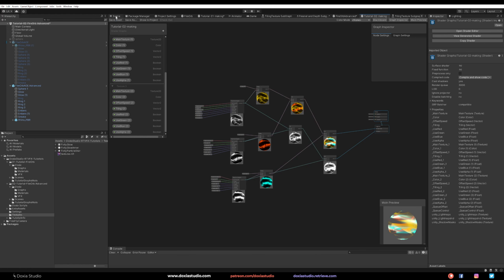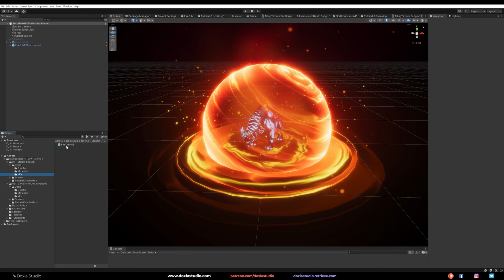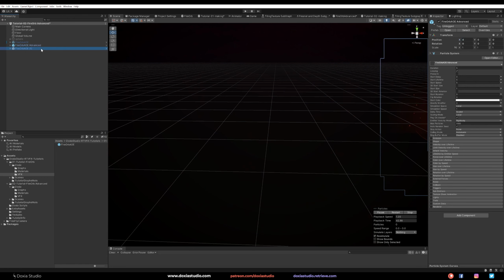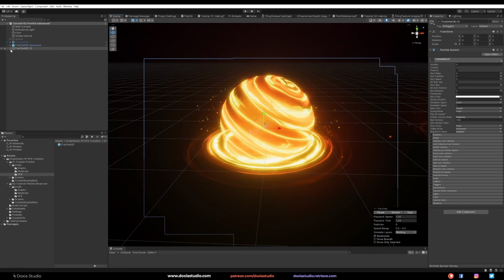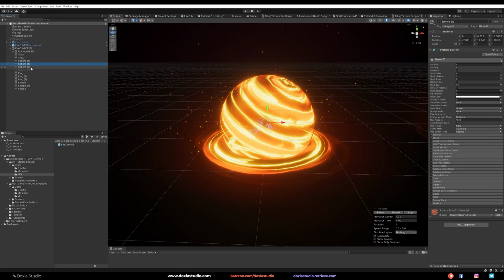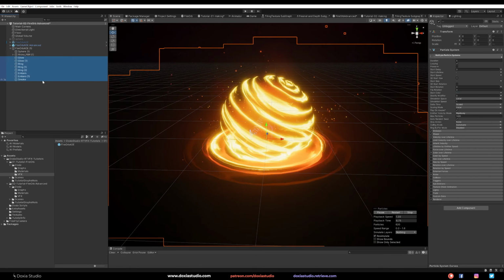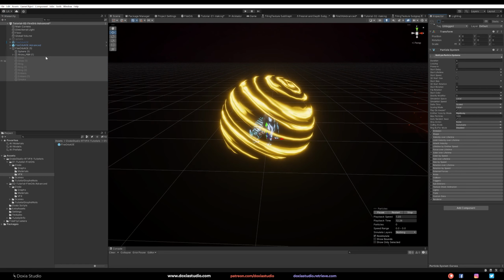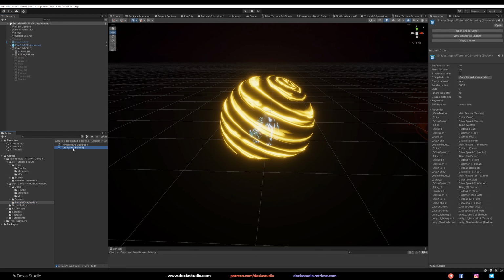Let's save the asset. Let's come here. Let's bring up the fire orb from the previous one. Let's move this to the side. And here, let's unpack, restart the particles. And for example, here, I just want one sphere. Okay, let's bring this up and let's turn off everything for now, the additive effects, because we are only working on this one. On this one, we want to use now the material using this shader graph.